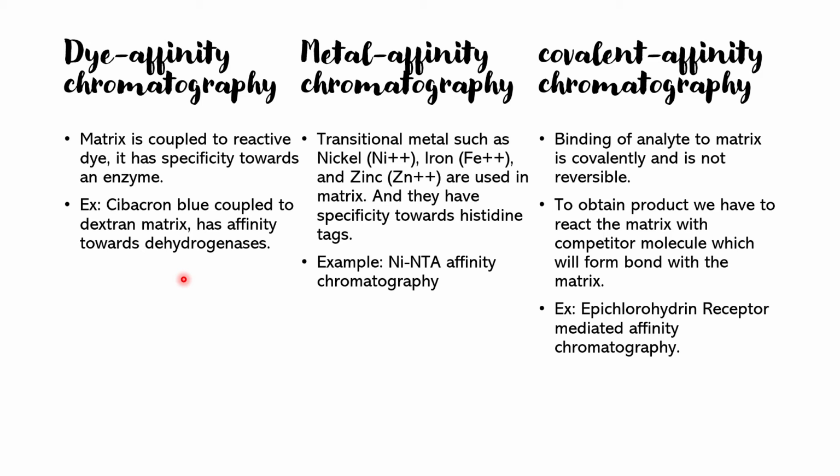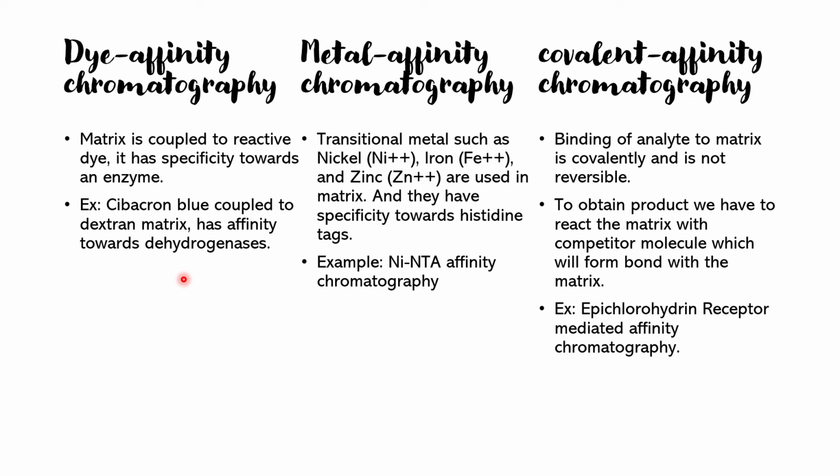The other one is metal affinity chromatography. We talked about it in bioaffinity chromatography because metal affinity chromatography is used extensively to separate biological molecules, and nickel, iron or zinc are usually present in biological systems, so it is also considered in bioaffinity chromatography, but according to the principle it belongs to pseudo-affinity chromatography. And by the way, if you haven't seen the metal affinity chromatography, you should watch the previous video. You will get the idea of nickel affinity and the other affinity chromatography.